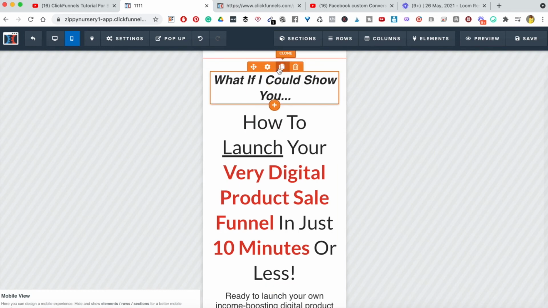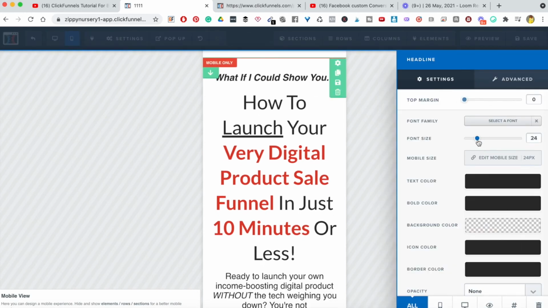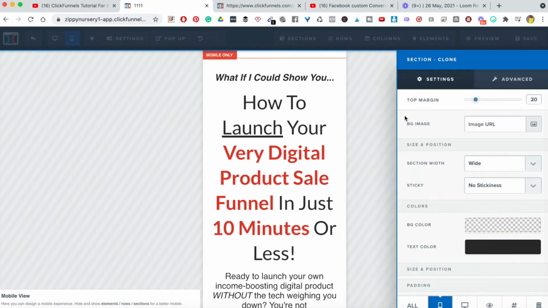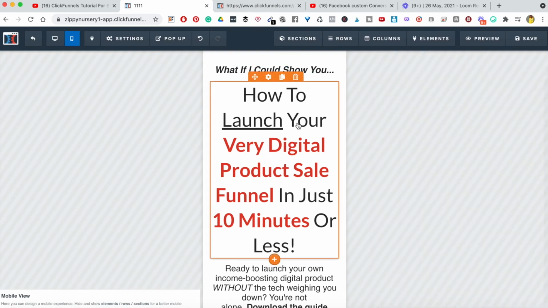So the first thing I'm going to do is make this smaller. So let's make this one line smaller over here. Let me see if I can take this even higher. Let's take this up over here. So imagine if you could